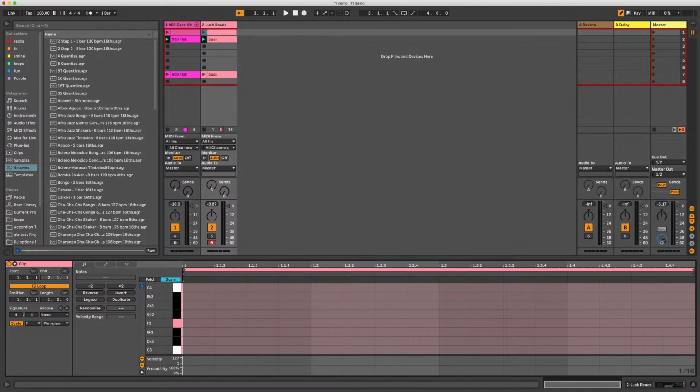Cool little side note: if you're playing a clip that is in a certain scale, it changes the scale on the Push. So you could actually use a clip in Ableton Live to change the key on Push. Like if you were playing with a band and in the chorus it modulates to a different key, you could put a dummy clip into the track you're playing on and it would change the key for you and then change it back. I've experimented with that and it's a little challenging to really nail it,